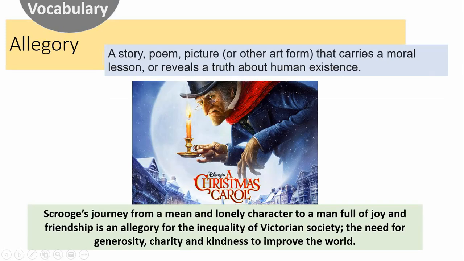So a great example of this is A Christmas Carol, Charles Dickens. Scrooge's journey from this mean and lonely character with much wealth but no love in his life, and he learns to become a man full of joy and friendship and to be generous with his money. And that was an allegory for the inequality of Victorian society as Dickens saw it,